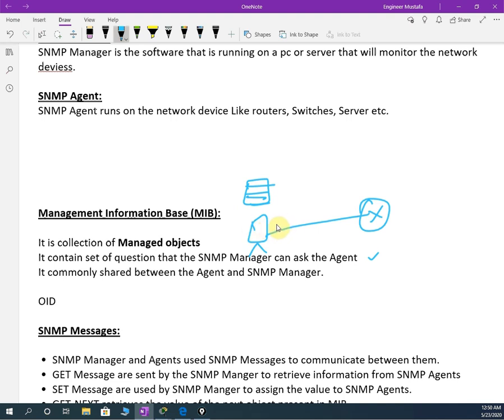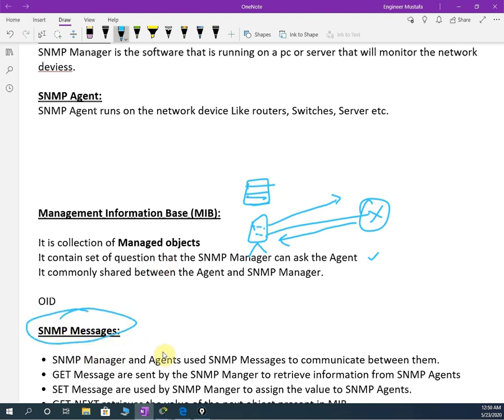Depending upon the time interval we set, like 1 minute or 2 minutes, at that interval the manager will send the request, and they will send the status, and it will be plotted in the graph. It will show you what is going on here. So we have messages. What messages we have, let's discuss.